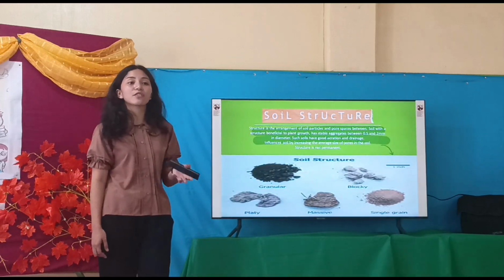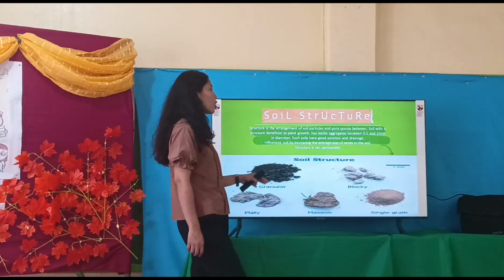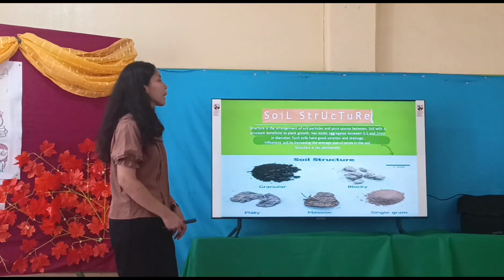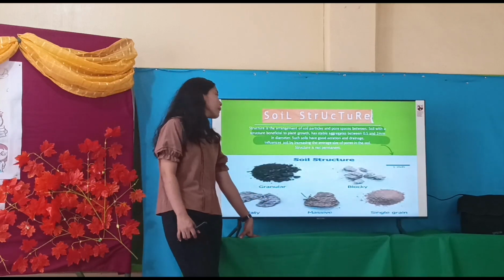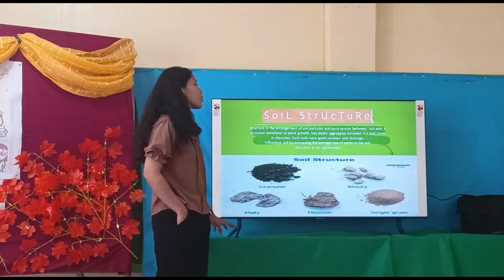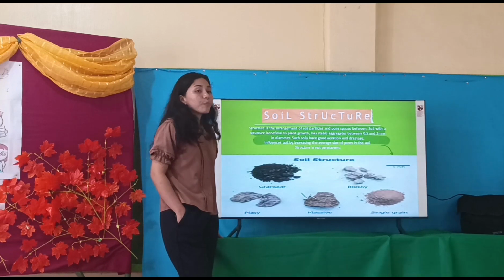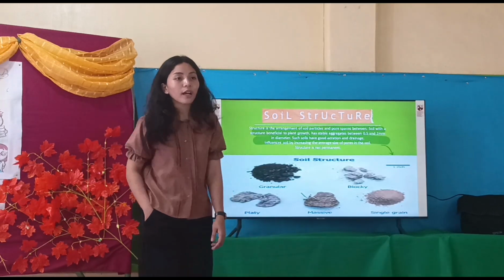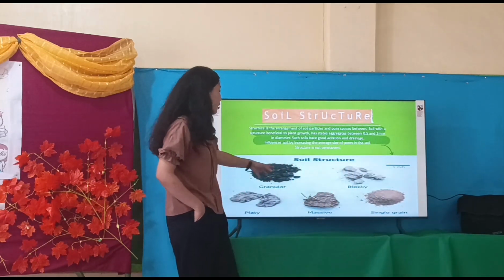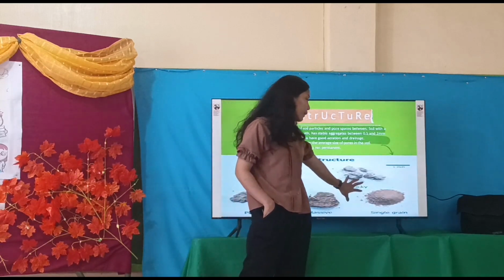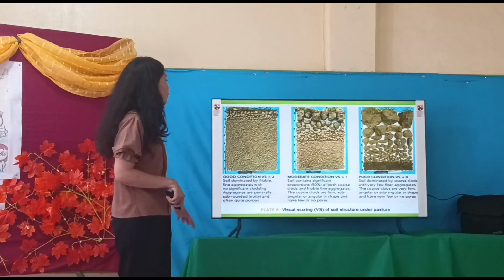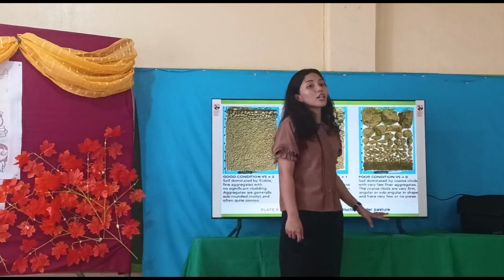So here we have soil structure. Structure is the arrangement of soil particles in pore spacing between. Soil with this structure beneficial to plant growth has stable aggregates between 0.5 and 2 mm in diameter. Such soils have good aeration and drainage, influences soil by increasing the average size of pores in the soil, and structure is not permanent. So here we can see the different kinds of structure of the soil. Here we have granular, clayey, massive, blocky, and single grain. So here we have three different conditions.